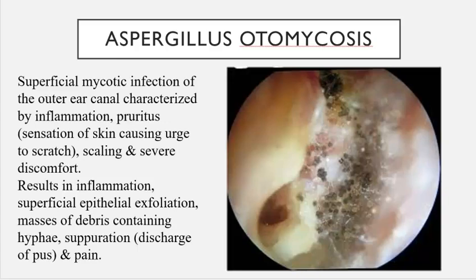Superficial Aspergillus infection of the outer ear canal is characterized by inflammation, pruritus, scaling, and severe discomfort. It can result in inflammation, superficial epithelial exfoliation, masses of debris containing hyphae, suppuration, which is a discharge of pus, and